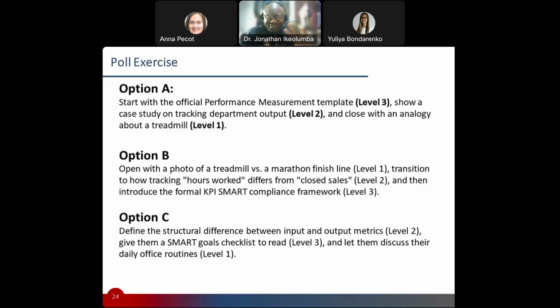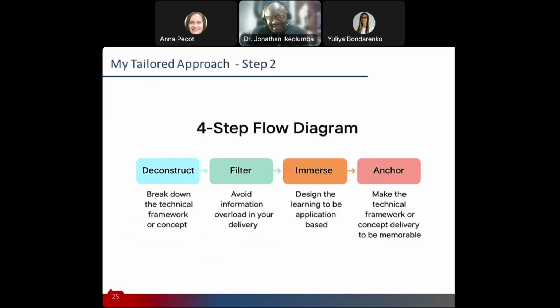So you want to talk to people about it. So a visual that shows them the difference between efforts and results, right? So having that photo of a treadmill, and the difference between that treadmill and the finish line, right? Then moving that to the hours worked, and then more importantly, on why you should have a SMART KPI. So that's really the point. And you can invert what I've just said, right? So you can also invert it as well. So I think that's a perfect way to really understand that. And that's a fantastic way you've all expressed that you have a very good understanding.